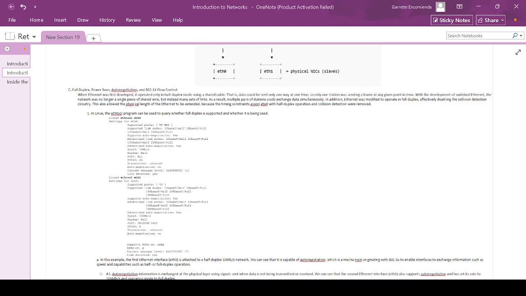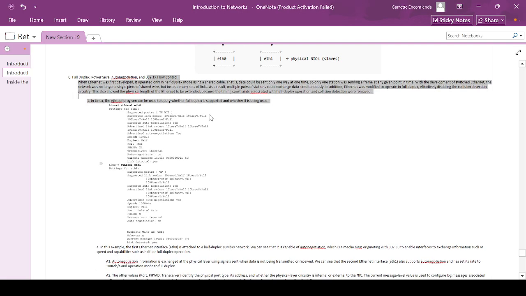Right, so full duplex, power save, auto negotiation, and 802.1x flow control. When Ethernet was first developed, it operated only in half duplex mode using a shared cable. That is, data could be sent only one way at one time, so only one station was sending a frame at any given point in time. So that was half duplex. You cannot send back